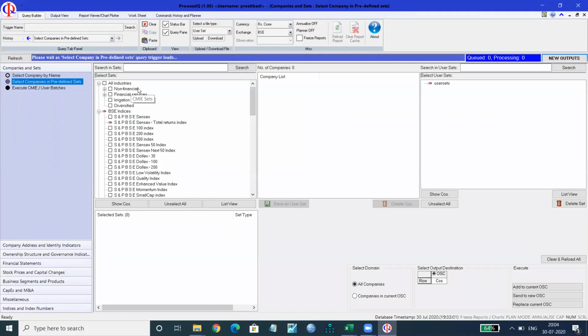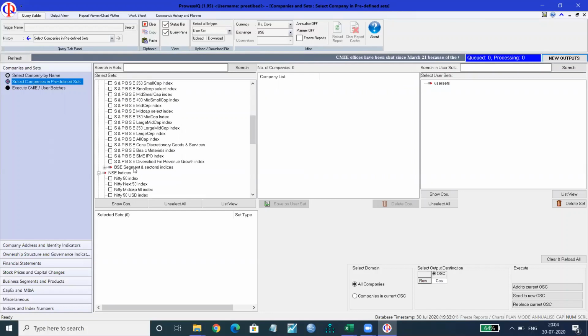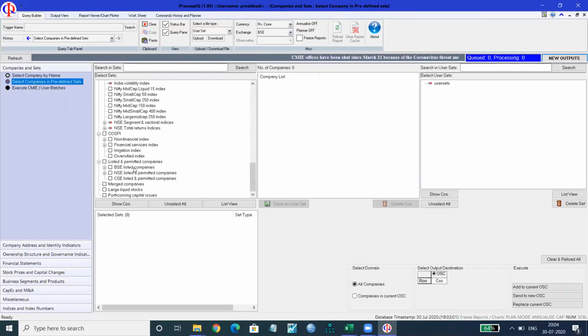Under this, you can see there are certain options which are given, like for example, industries mein se aap kaun si industry chahte ho, non financial, financial, BSE index mein se aap kaun si list of companies you require, NSE mein se for which list you require, and there are certain merged companies, non-financial index, listed companies, BSE listed company, NSE listed company. So these are certain predefined sets which are already there in the ProS database.